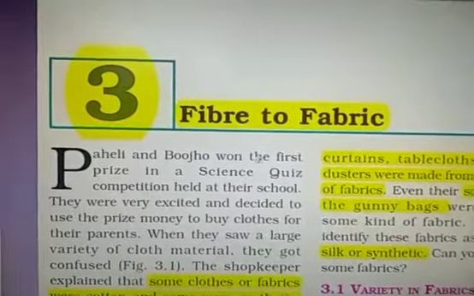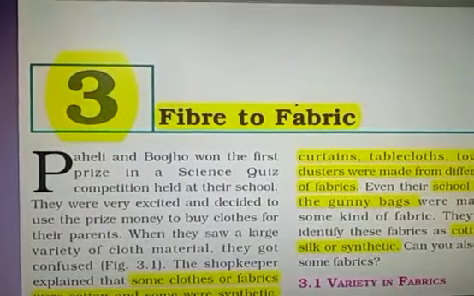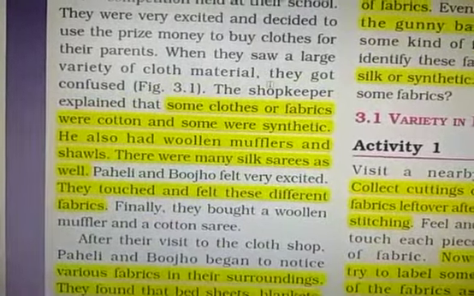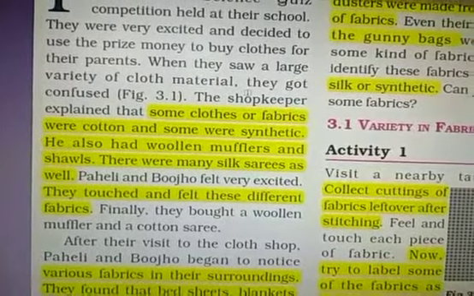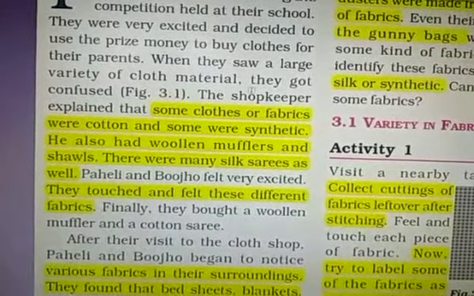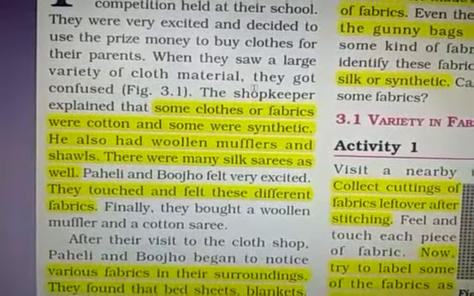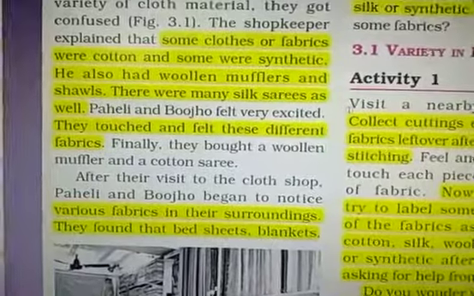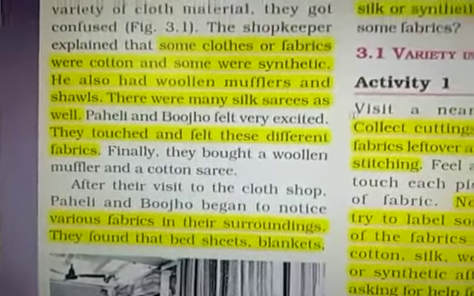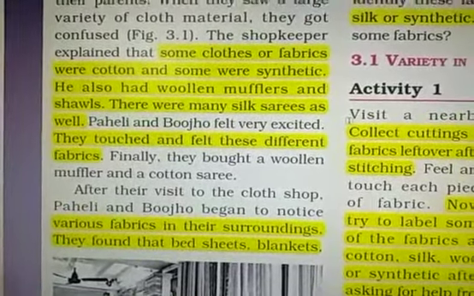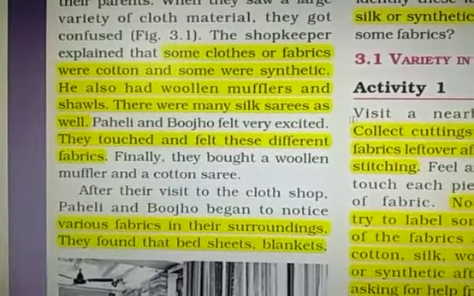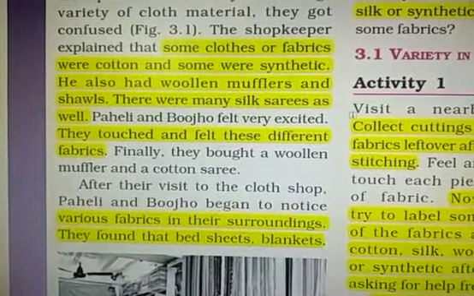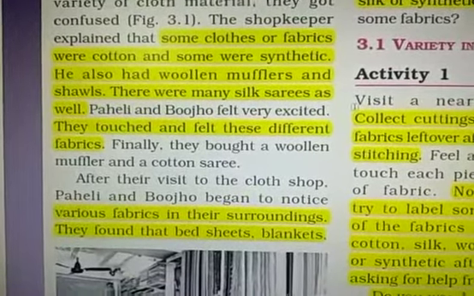You know very well that in your surroundings there are so many types of fabrics. Some clothes or fabrics are of cotton, some of synthetic, some of woolen, like mufflers, shawls, etc. Some are made of silk. Even by closing your eyes, only by touch, you can identify what type of cloth it is. Is it cotton, synthetic, woolen, or shawls? And you know very well that as they have different textures, that's why you can identify them by closing